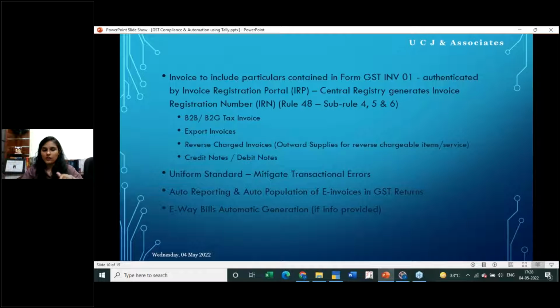So for whom is e-invoicing applicable? For what kind of transactions? It is B2B and B2G, that is nothing but business to business and business to government transactions. Export invoices, reverse charge in case of outward reverse charge, credit notes and debit notes raised on outward supplies. In all these categories, e-invoice is mandatory and has to be generated, and an e-way bill, if applicable, also has